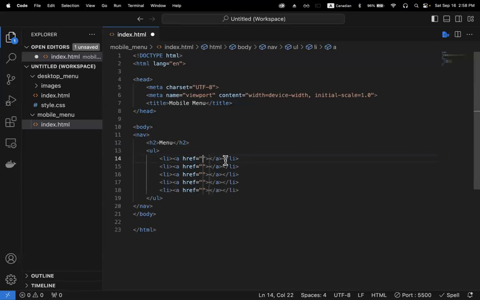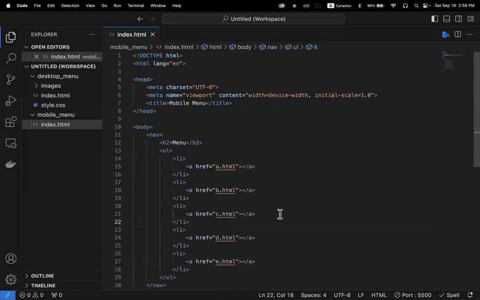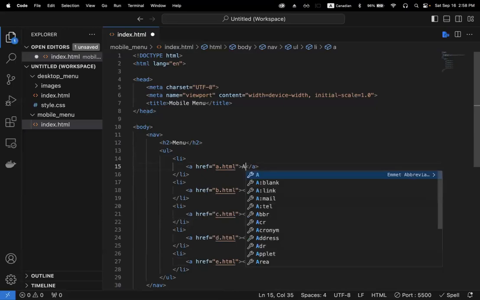So that one also, for now you can use a hashtag to show just the current page, but I will name it a.html. I'll just copy that one over here and over here, like so, but we'll name them b, c, d, e. Okay, but those don't exist, but I will name that one as appetizer,